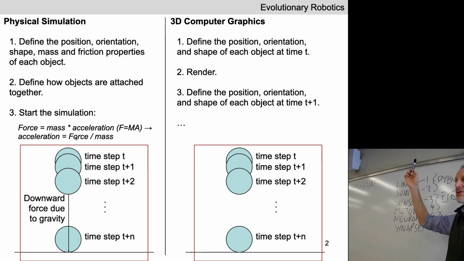It has the force of this object, so it can calculate the acceleration of this object. It knows the position of this object at time t. It now knows the acceleration, and it can combine those two pieces of information to find the new position of the object at the next time step. And the physics engine renders the frame at time t, then it renders the frame at time t plus 1,